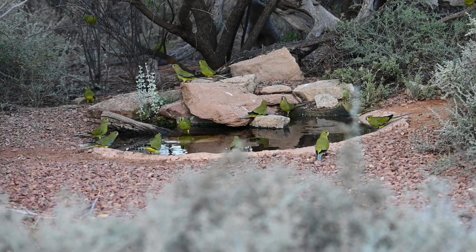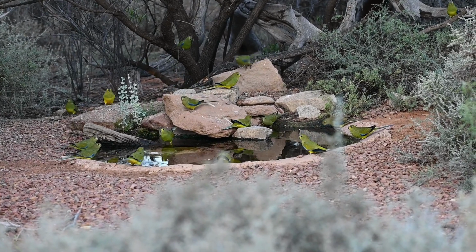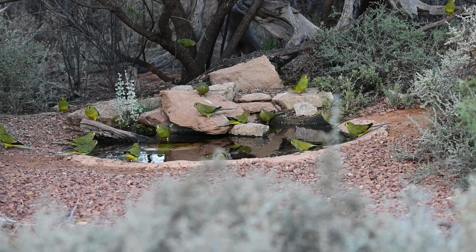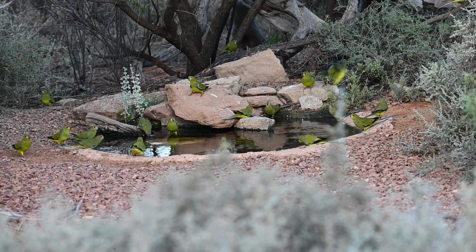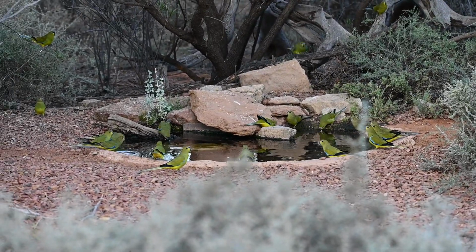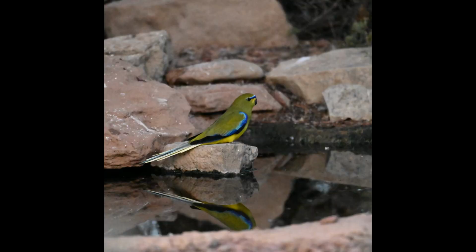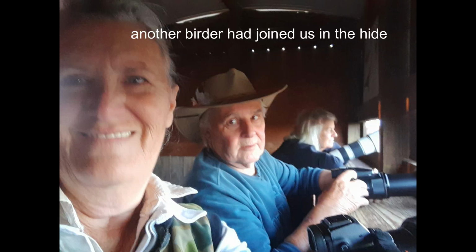In the early morning light, their plumage is quite luminous. The green stands out in a way that you couldn't possibly imagine unless you could see it. They were pretty thirsty and they kept us amused with their antics for quite some time, resulting in what I consider my best photo of the day. This one, really happy with that. Eventually they flew off and we waited until the next lot of birds came in,